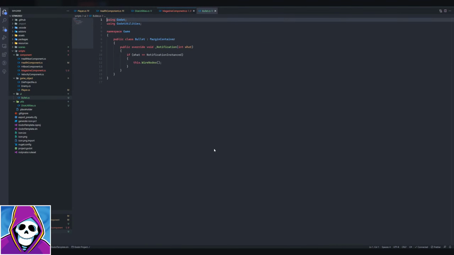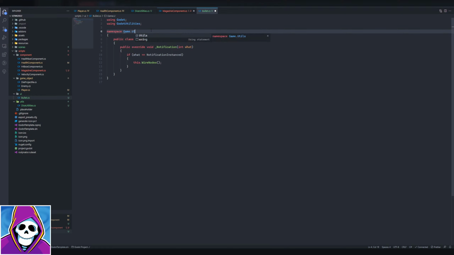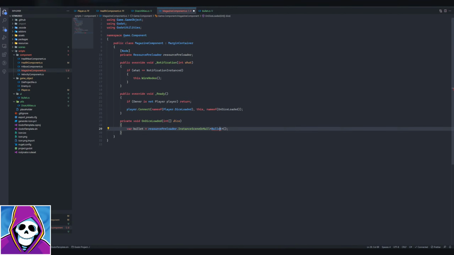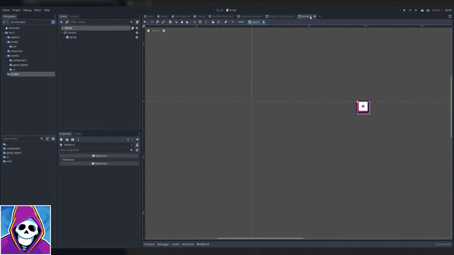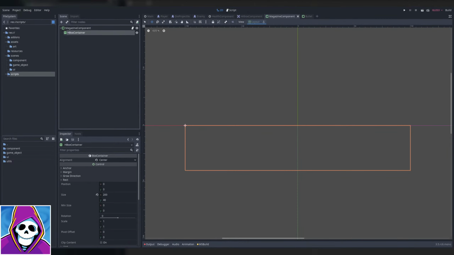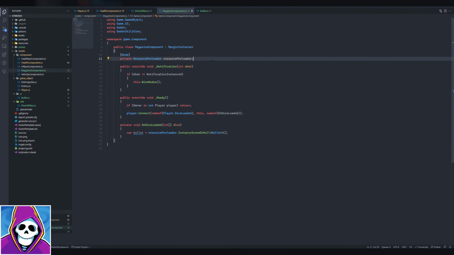Sweet. Game.ui, that's a new one. Okay, so now I can use game.ui. Cool. And what is our root here? HBox container. Okay, so